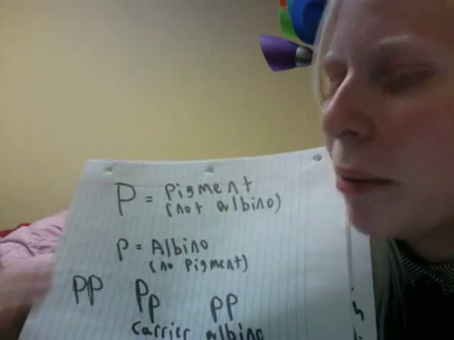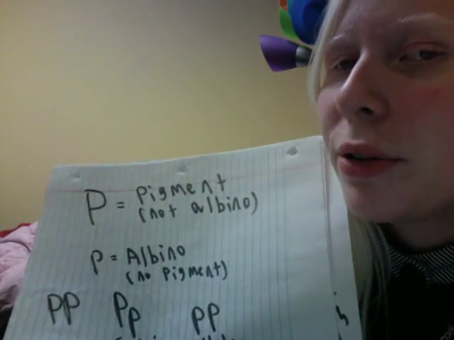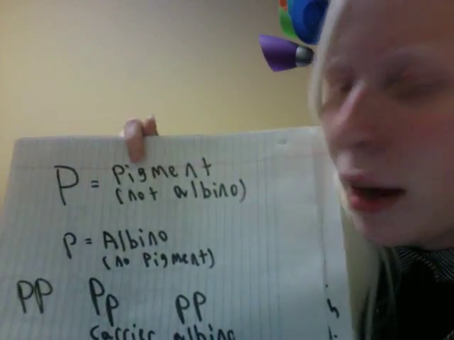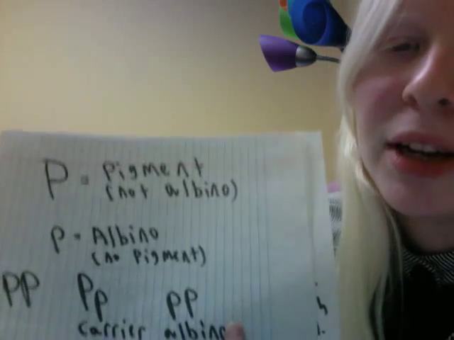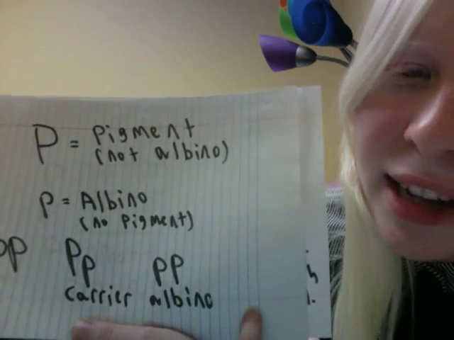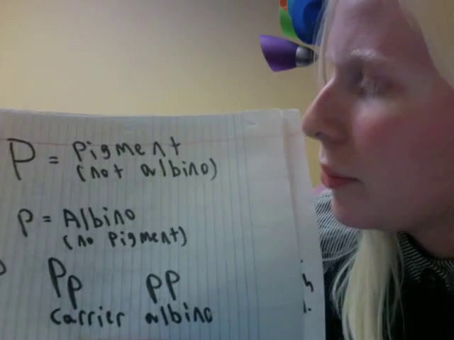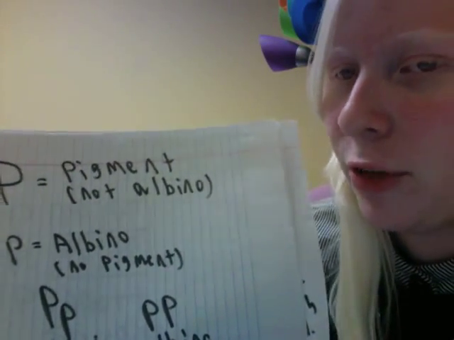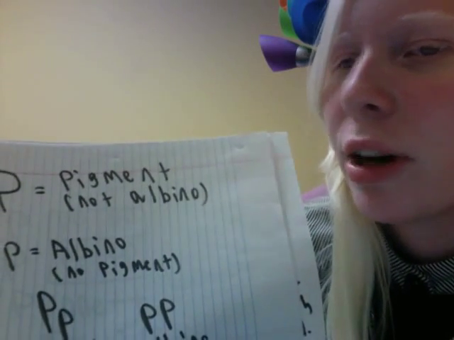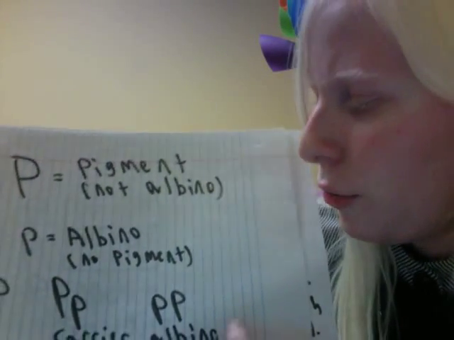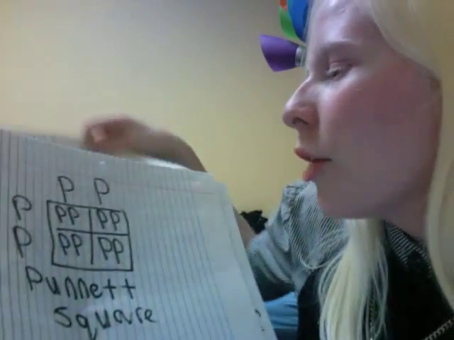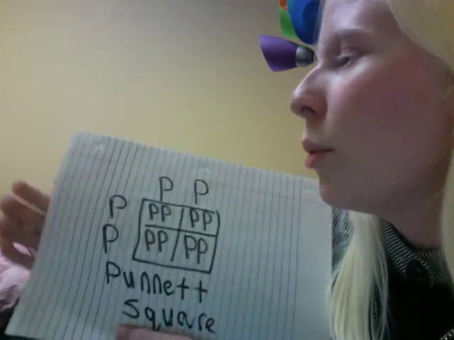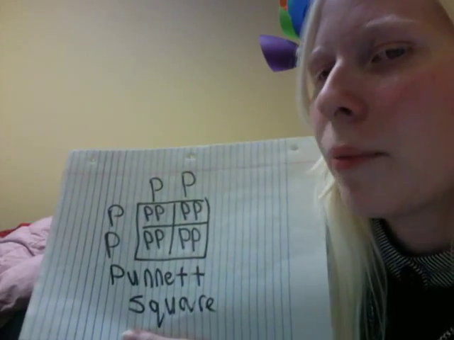This person, since pigment is the dominant trait, will still have pigment in their skin, but they will be a carrier of albinism. And then the two lowercase p's are lack of pigment completely, and that is homozygous recessive for albinism, recessive meaning the trait that isn't as strong and won't show up unless there's two of it. The model that we're using again is called a Punnett square, and we are looking at the heritability,